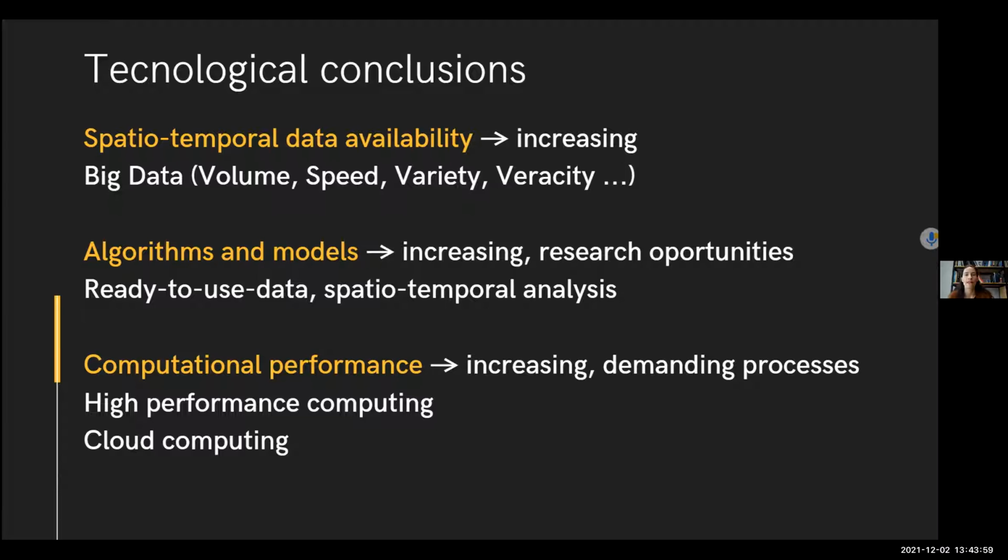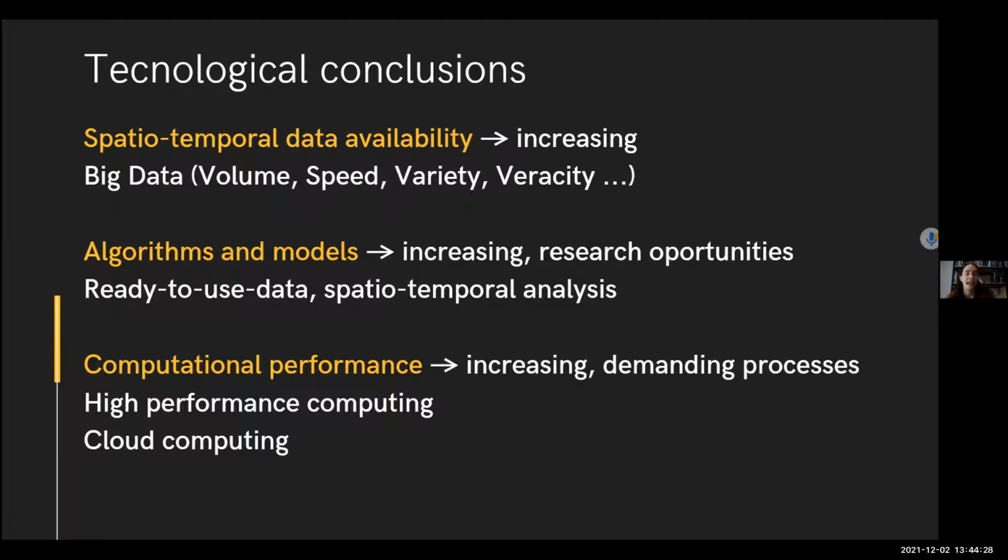And first, we have nowadays a lot of spatial temporal data availability, so that is increasing over time. And in 5 years from now, we will have even more data. This is the data decade. So we have the data now to perform the analysis, but at the same time that makes us face